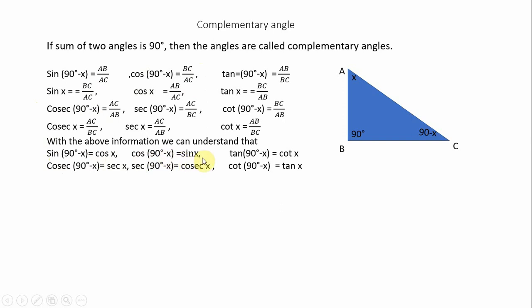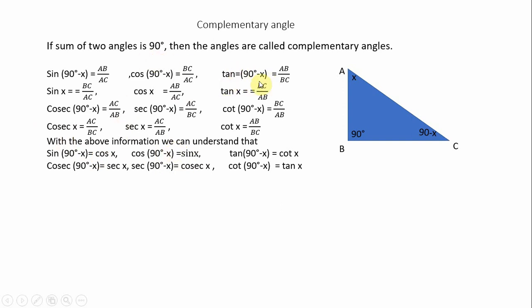So hope all of you understand. It means sin 90 minus x becomes cos x. Suppose sin 90 minus 60, its value will be equal to cos 60. Now cos 90 minus 60 will be equal to sin 60. You can convert like this. If you practice, it will be more comfortable. At first it looks somewhat confusing, but you can understand. If you try to do it, then you can do it.